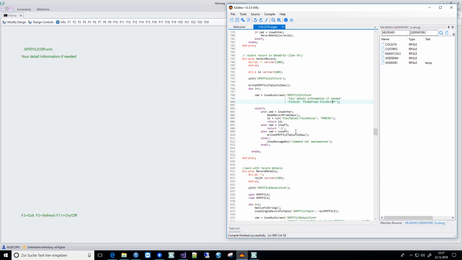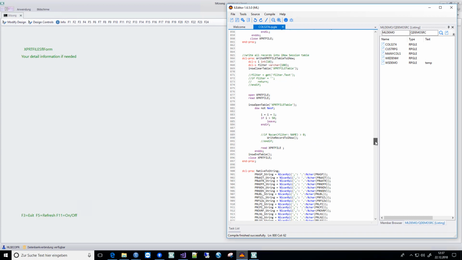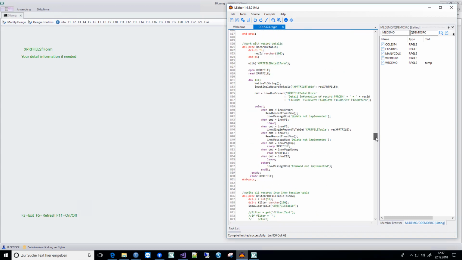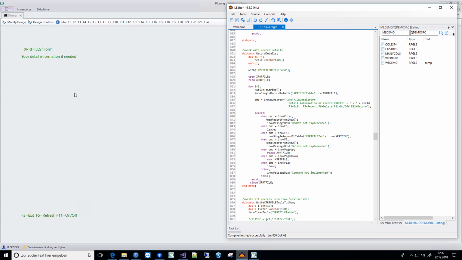But all the data are already transferred by calling the write export file table to iNow, and you see this is just a loop from the beginning of the file, and send as many records as you like. And now I modify the design of the empty screen,